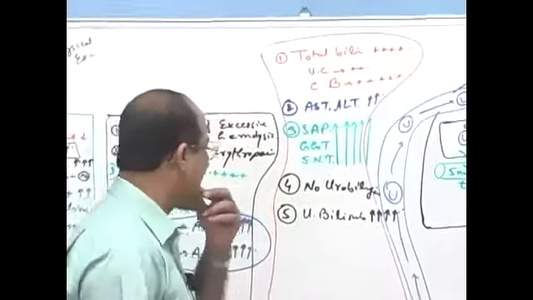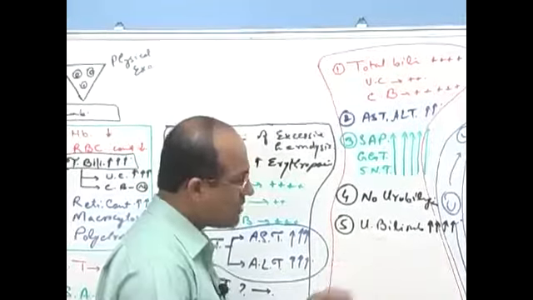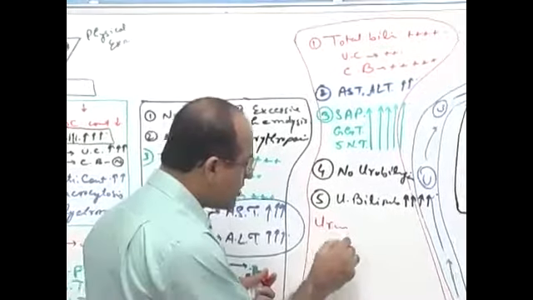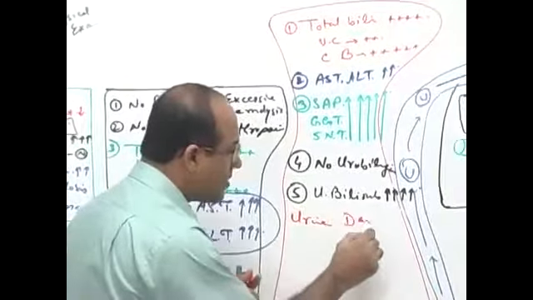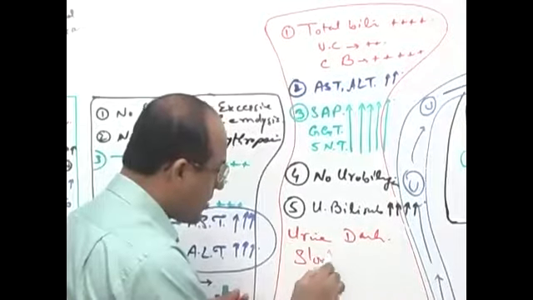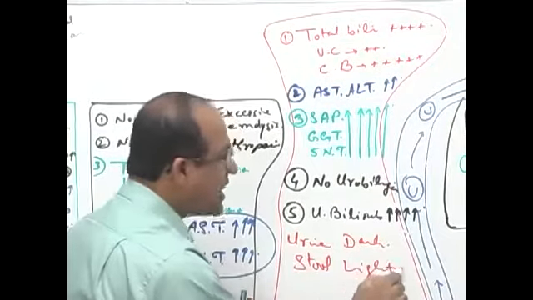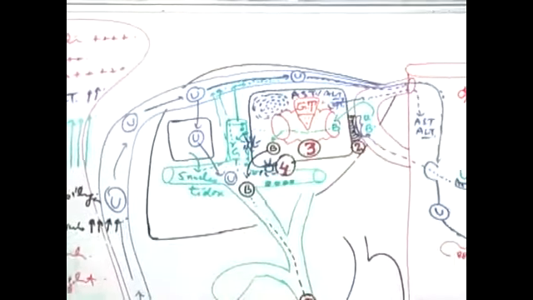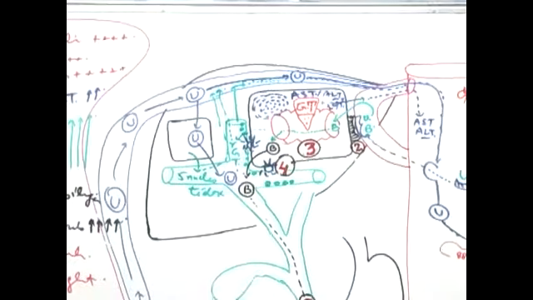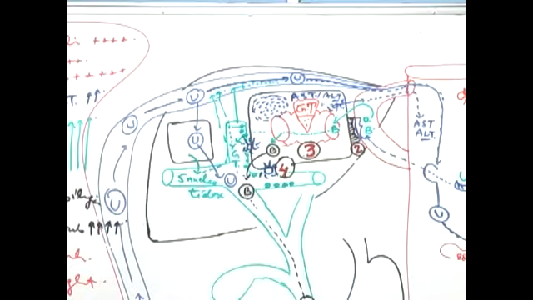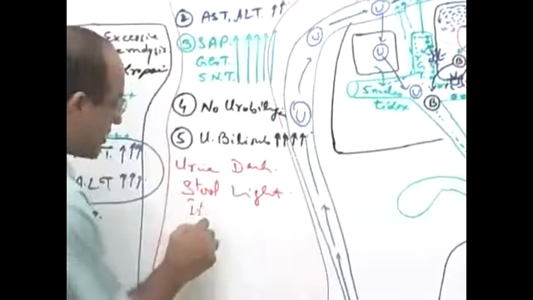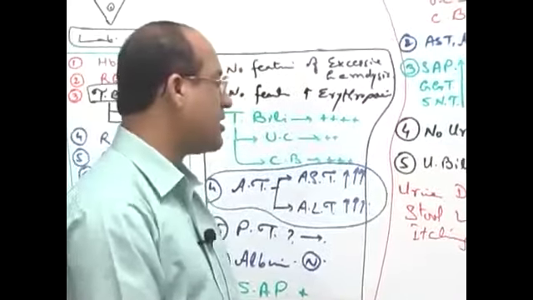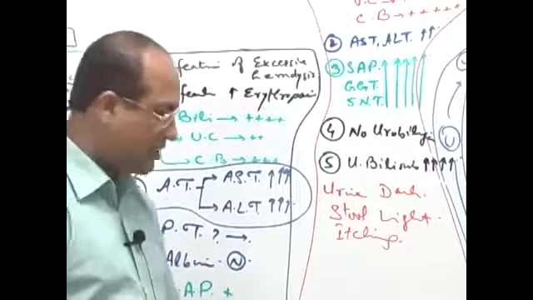Want to know that, again, what I've said, that urine in these patients will be dark colored and stool will be light colored. With that, because there is cholestasis, bile acids and bile salts also go to the circulation, and they produce severe itching. So there are a lot of excoriations or itching. So when you see a jaundice patient with itching and dark colored urine and light colored stool, it is definitely a case